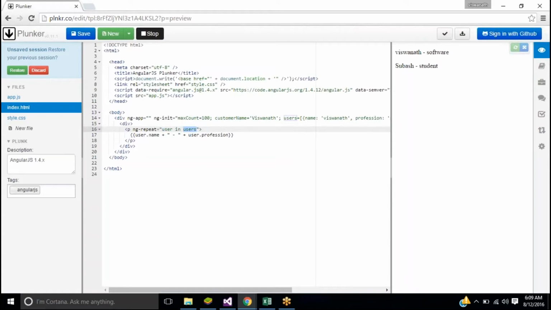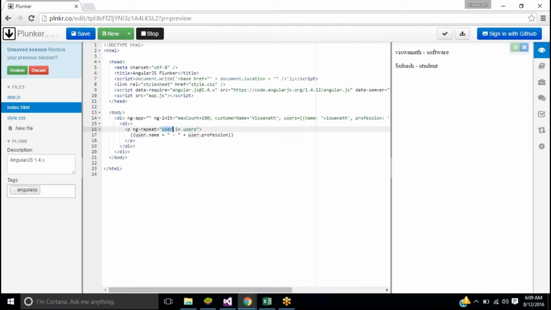Users is an array, so you have to read it like that. When you say user in users, that means for every user in users. It's like a forEach loop. You remember forEach loop, right? For each of users, it will loop through each entry of that array and call a function for each entry. It's very similar. It loops through the entire content for every entry in an array. So the shortcut for that is user in users.